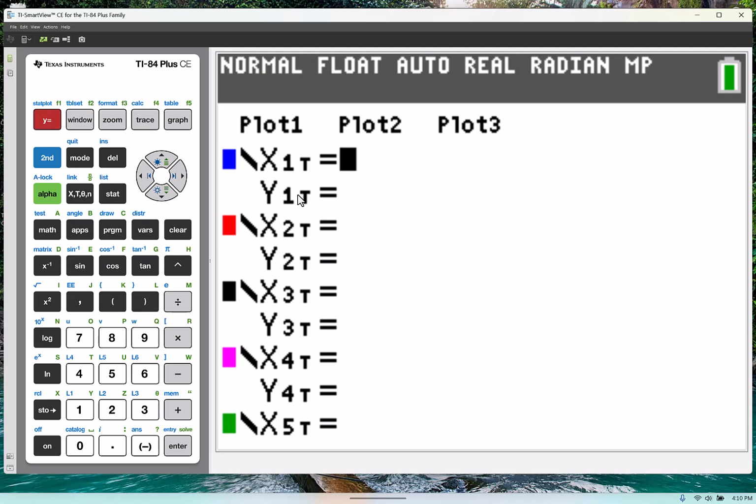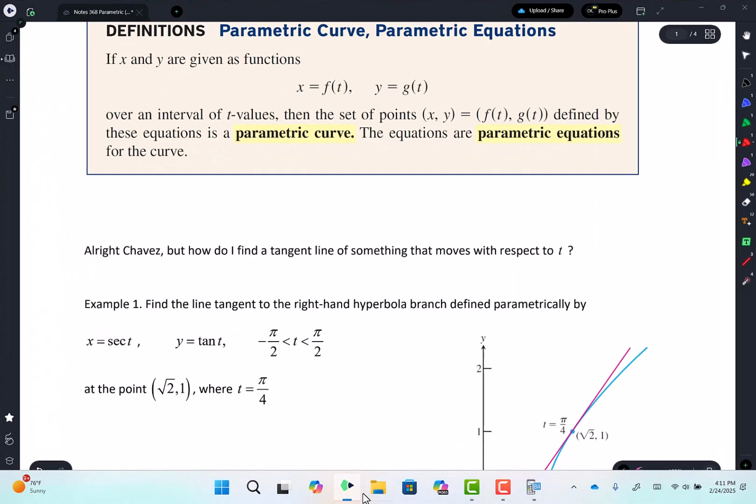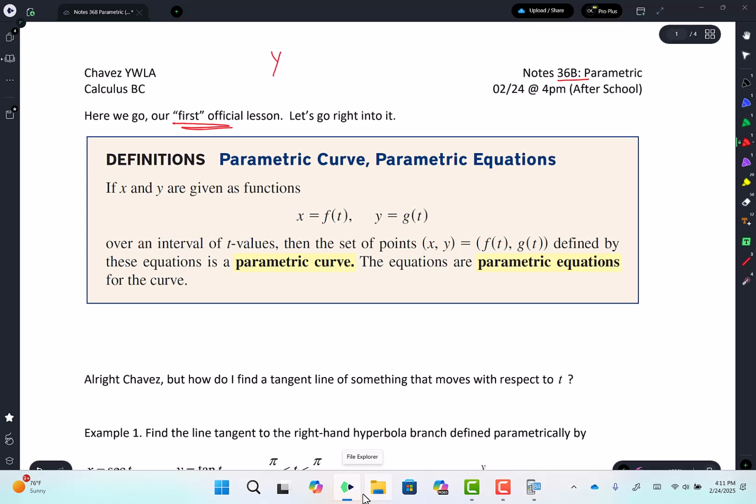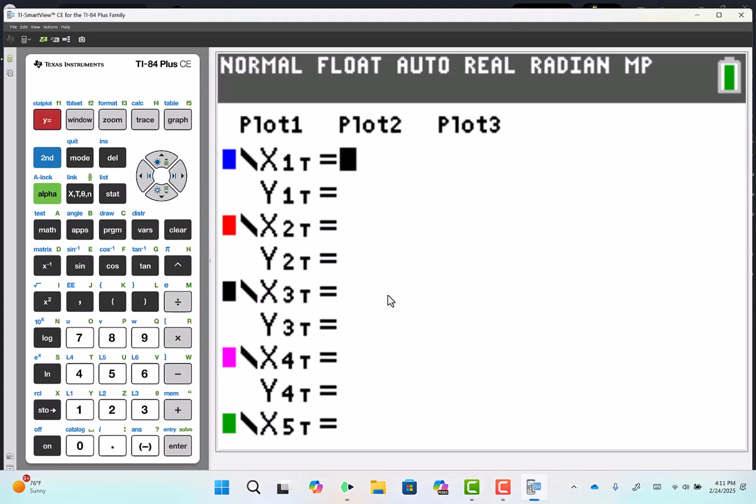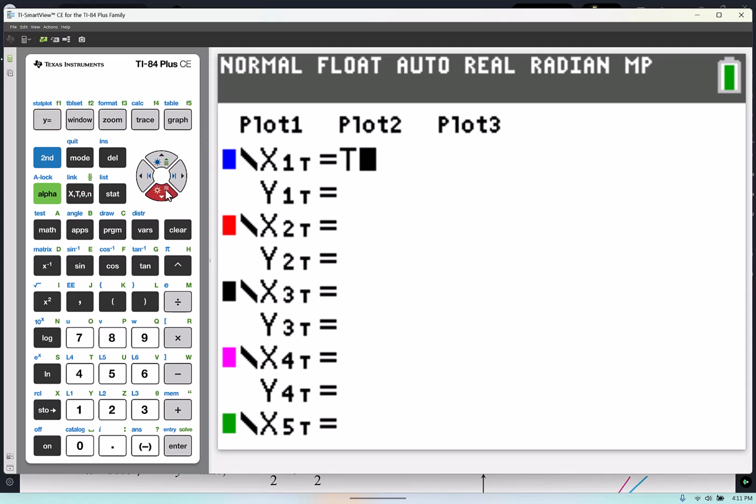I wanted to have y equals x squared. So what am I going to put here? What I'm trying to do is graph y equals x squared. So if x equals t, then I can say y equals t squared, and that will graph it. If y equals x, that's like saying y equals x squared. Do you guys see that? See how it says x equals t up here? That t, I could just replace it with x, and then you would graph y equals x squared. So if I come over here and put x equals t, and then come over here and put t squared,